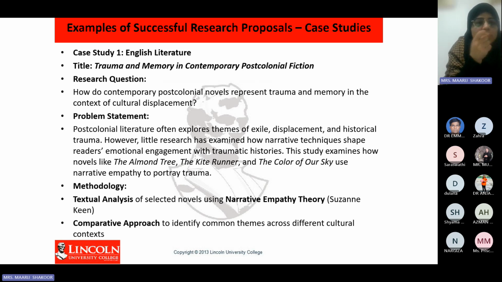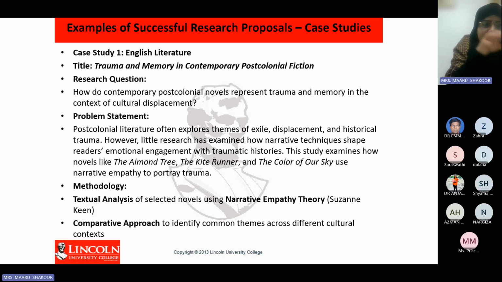Problem statement: post-colonial literature often explores themes of exile, displacement, and historical trauma. However, little research has examined how narrative techniques shape readers' emotional engagement with traumatic history. Look, this is the novelty, that from this she can get the idea that this is the missing thing, I have to work on it. This study examines how novels like Almond Tree, Kite Runner, and The Color of Sky use narrative empathy to portray